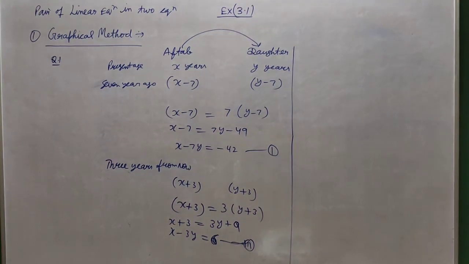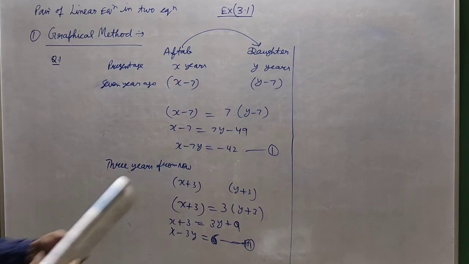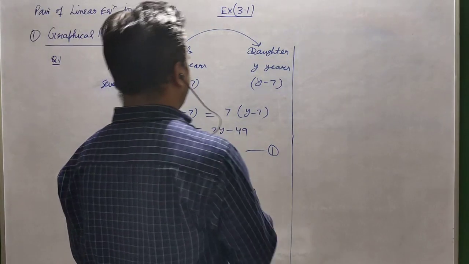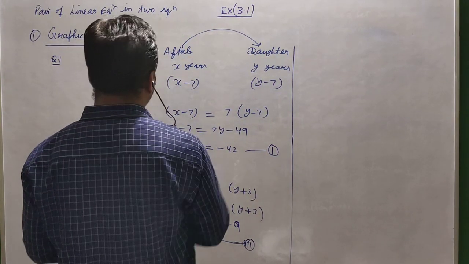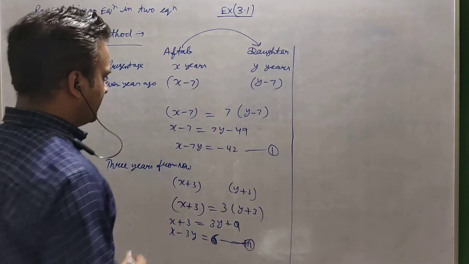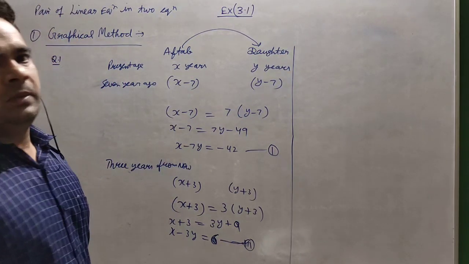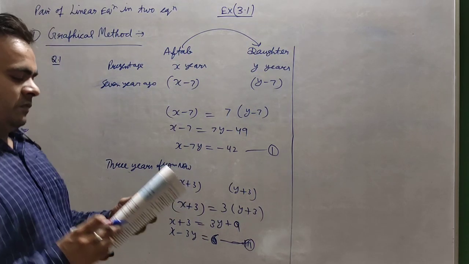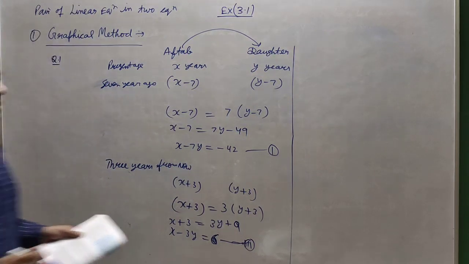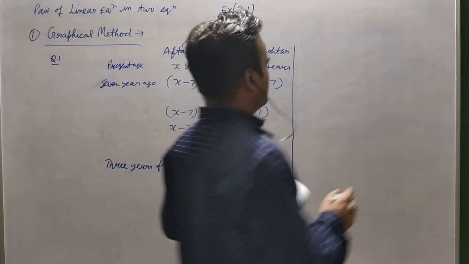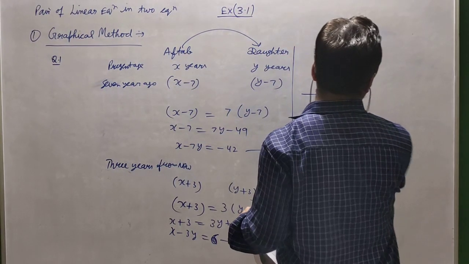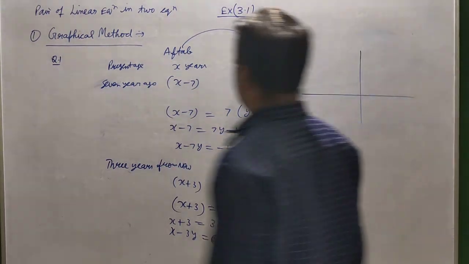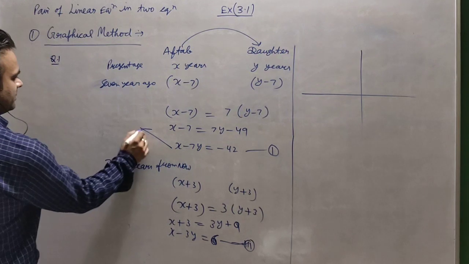So now what is the next step? Represent this situation algebraically. Algebraically we have presented it here, and graphically also. For the graphical representation we have to find the coordinates, then we will be able to find the solution. But the solution is not what we have to find here, because we have to just represent it on a graph. So we will again draw the graph. First of all we will find the points for this line.